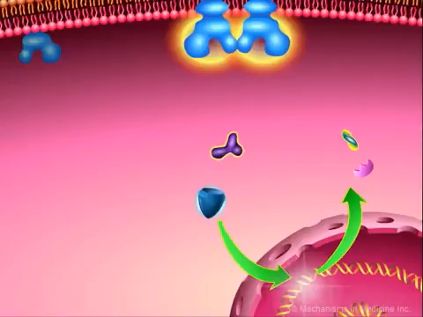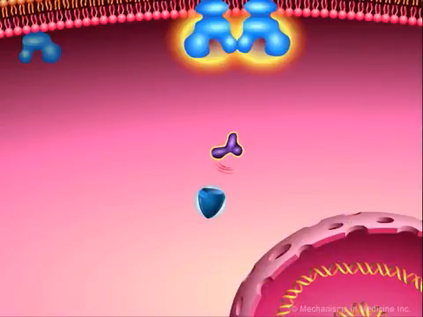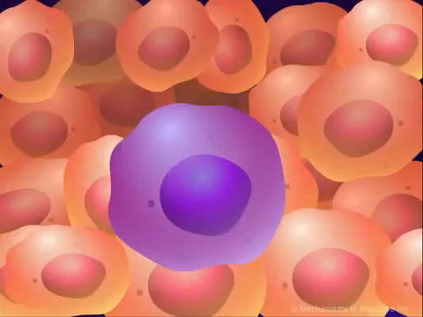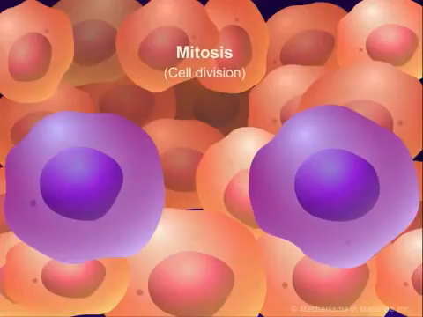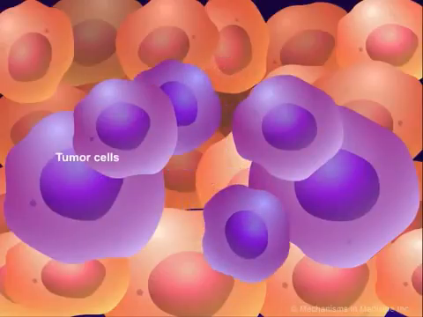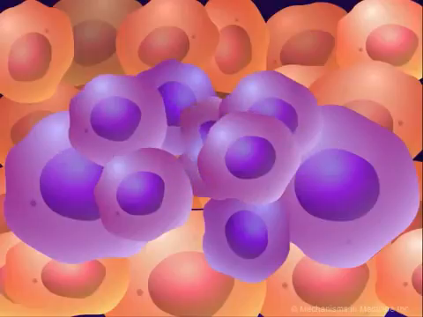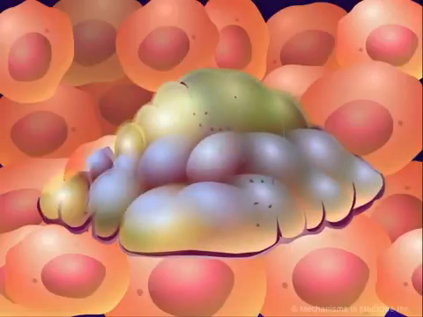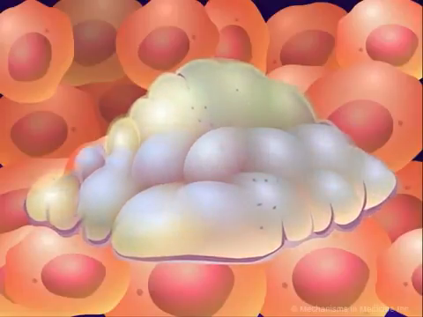Once the signal reaches the nucleus, transcription factors are activated. These factors transcribe the genes that are translated into the proteins, such as growth factors, that are necessary to allow the cell to continue to proliferate. The end result of any growth factor receptor signal transduction pathway is tumor DNA replication and cell division. One tumor cell becomes two. If mitosis continues, 2 tumor cells become 4, with exponential growth potential. On the tissue level, this leads to increased tumor growth and increased tumor size.